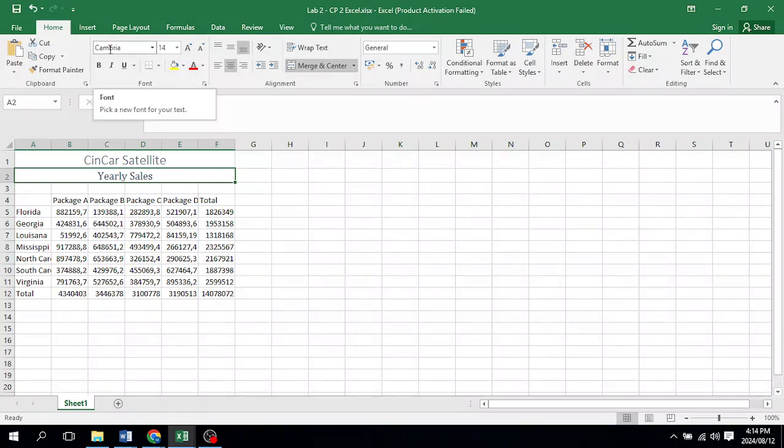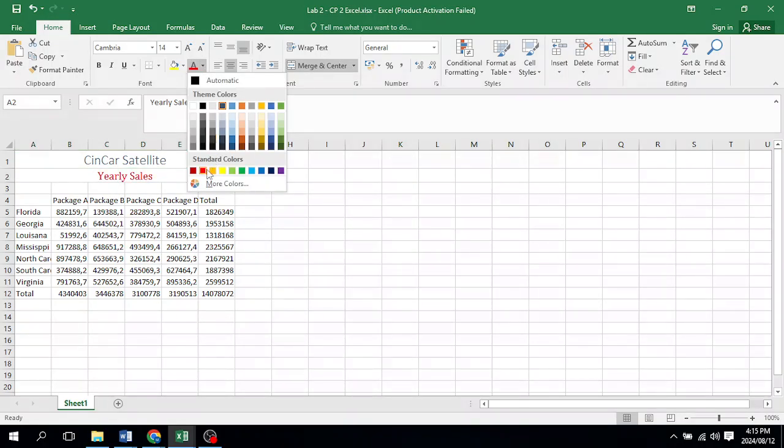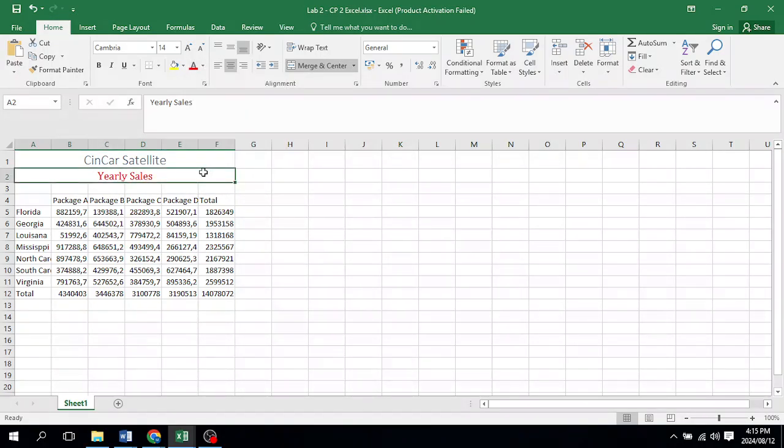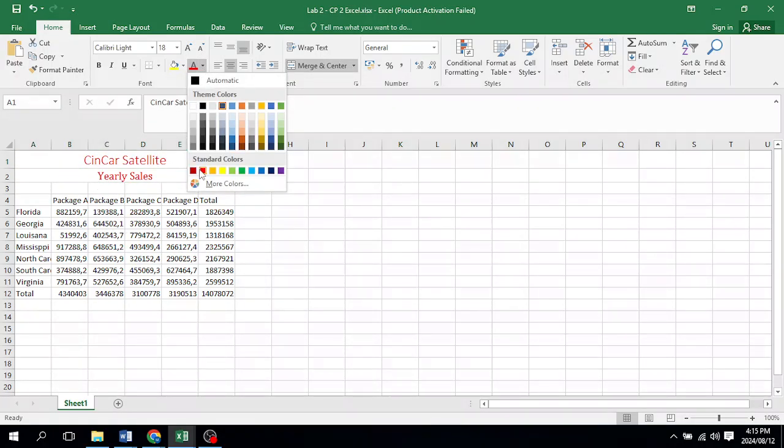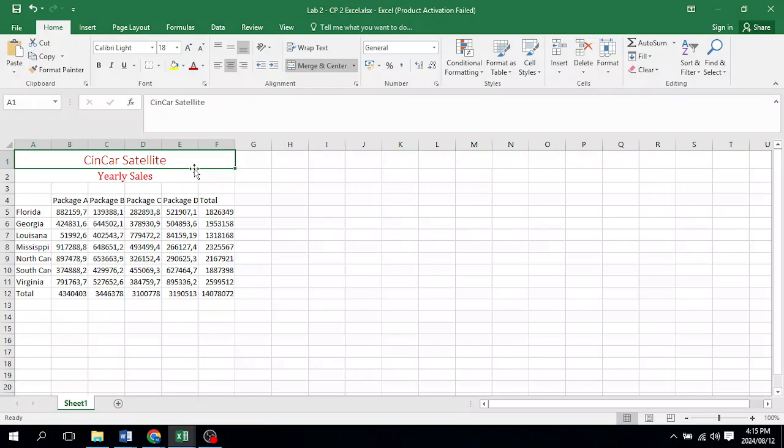Then you just press enter and we are going to change it to red. Okay, it looks like this one is already red. Just make sure it says red. All right. Format the title with dark red. So we are going to format the title with dark red and they want us to bold the font